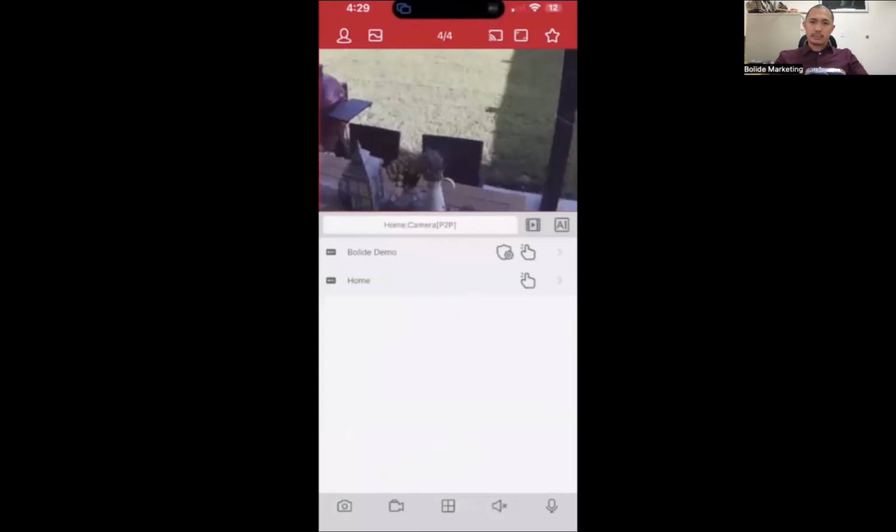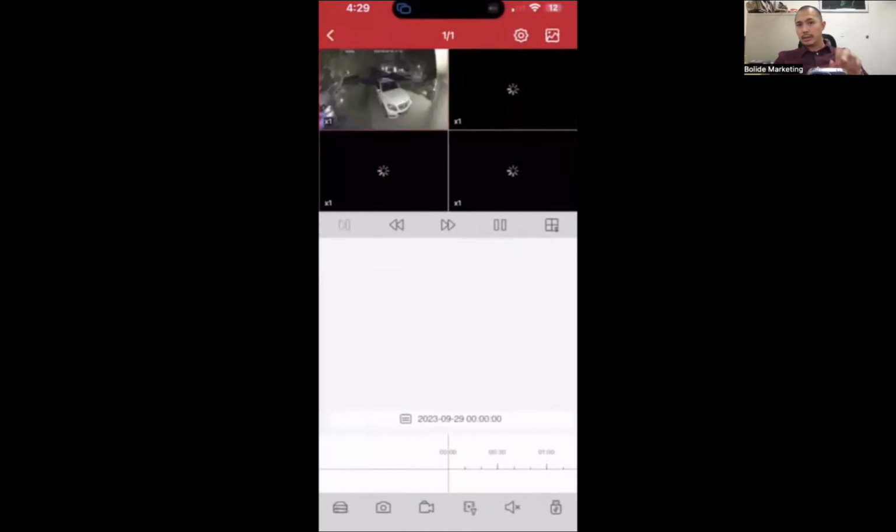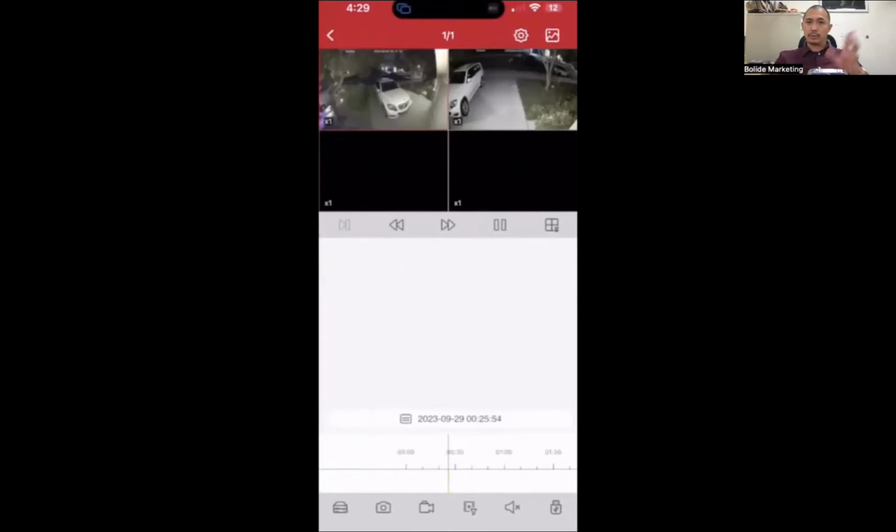Playback. You see this button in the middle next to home camera. It looks like a play button. Press that, and that takes you to playback. So to playback videos, you see your cameras right here. The activities below